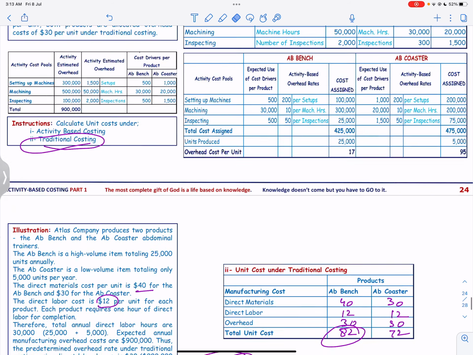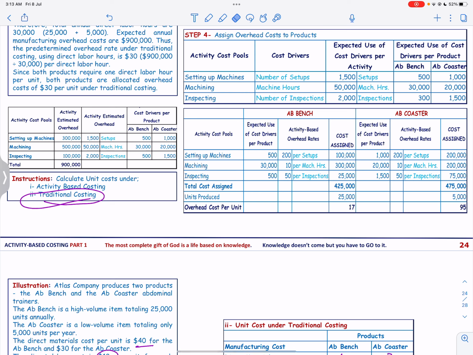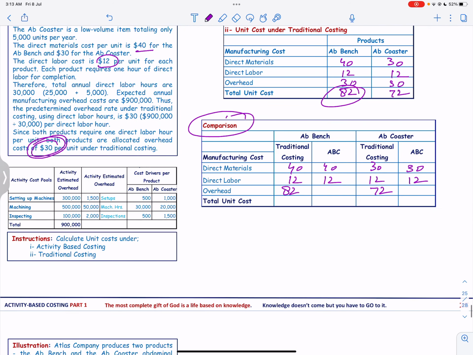In the previous question you can see we have calculated this as 17 and 95. So we have 17 and 95, and you can see now that for app bench the traditional costing will be 82 and this will be 69, and if you go for app coaster it will be